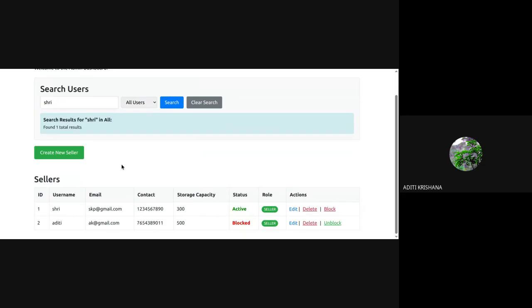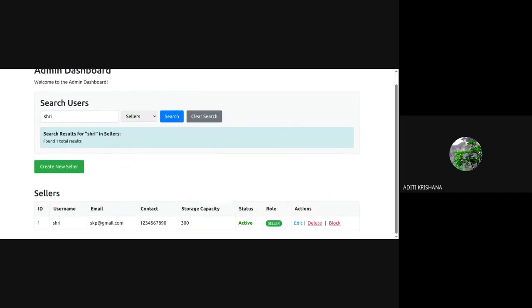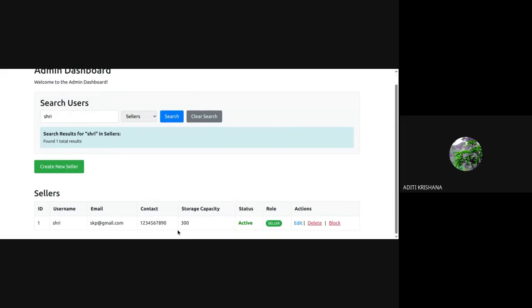Now the question comes that when you search, it is showing only the search results. It is not showing the data. For example, you can ask that if I am selecting a seller and searching for Shri, then it should show all the data of Shri, right? But now it is showing when I type the full username, and then you can see Aditi has been removed from the admin dashboard.